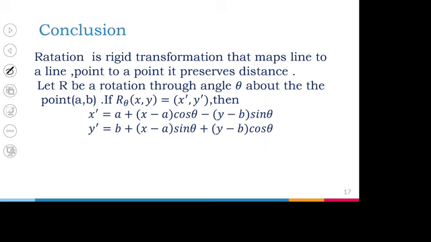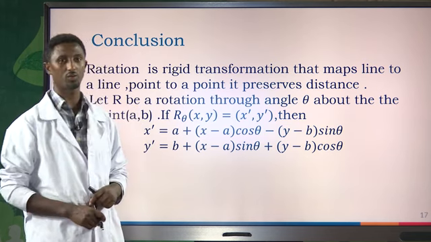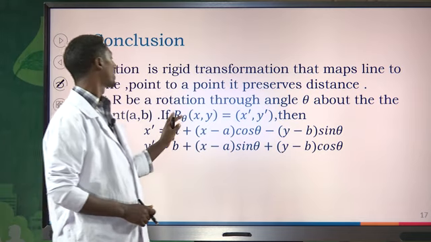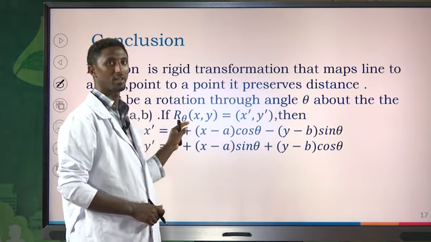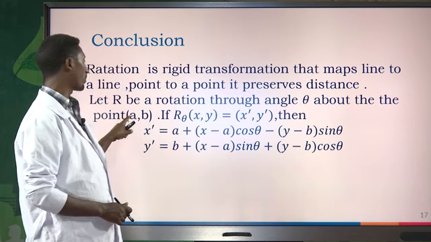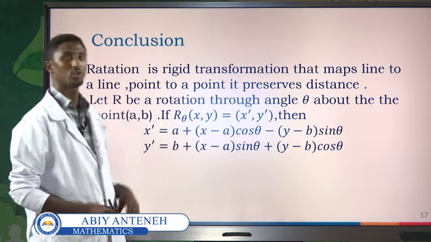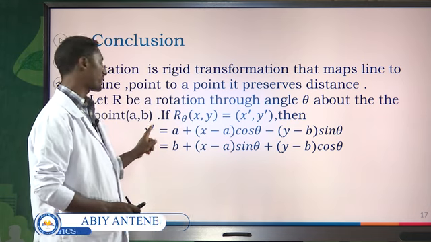Okay, so we have seen rotation. Rotation is a rigid transformation that maps a line to a line, a point to a point, and it preserves distance, because rotation is one of the rigid transformations. So if R is a rotation through angle theta about the point (a, b), the center of rotation, and the image of (x, y) is (x prime, y prime), then